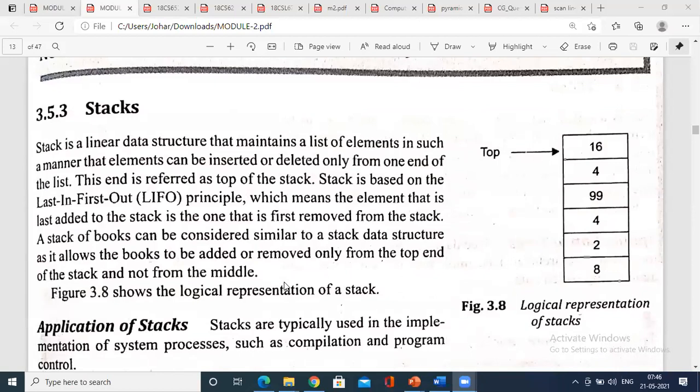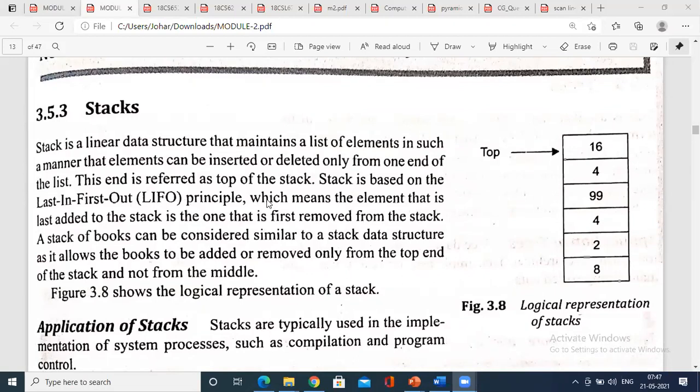Coming to the next data structure, it is a stack. Stack is also a non-primitive linear data structure. Stack follows last in, first out, so you have to remember last in, first out.